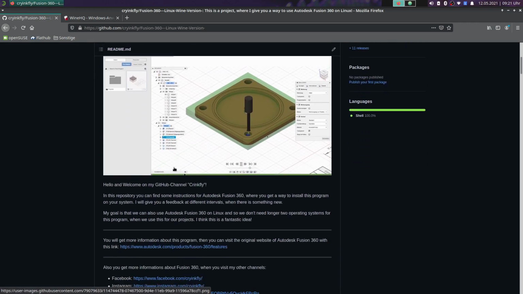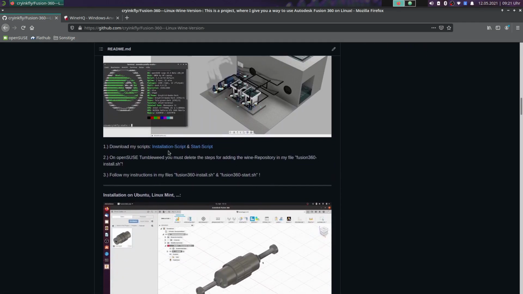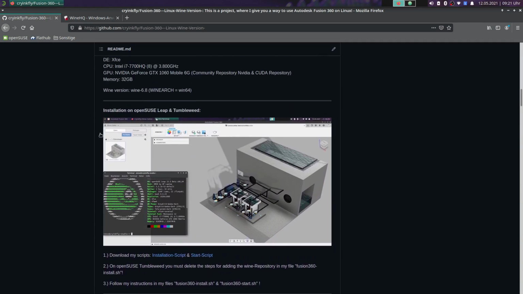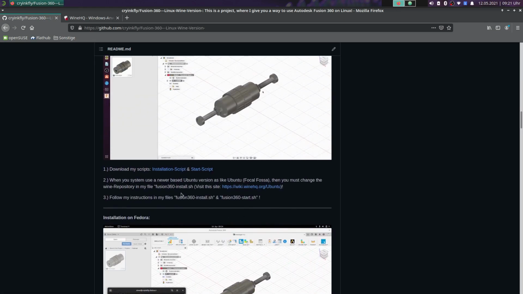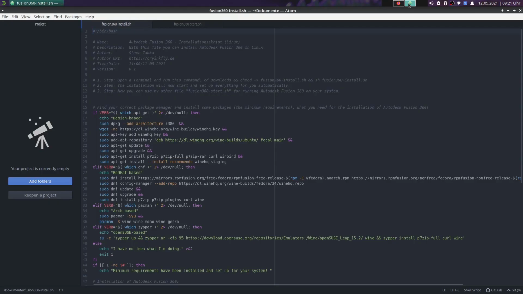I have also changed the instructions here. You can see them now for OpenSUSE Leap and Tumbleweed, or here for Ubuntu. And so I think we change here to my editor, and here you can see the content of my